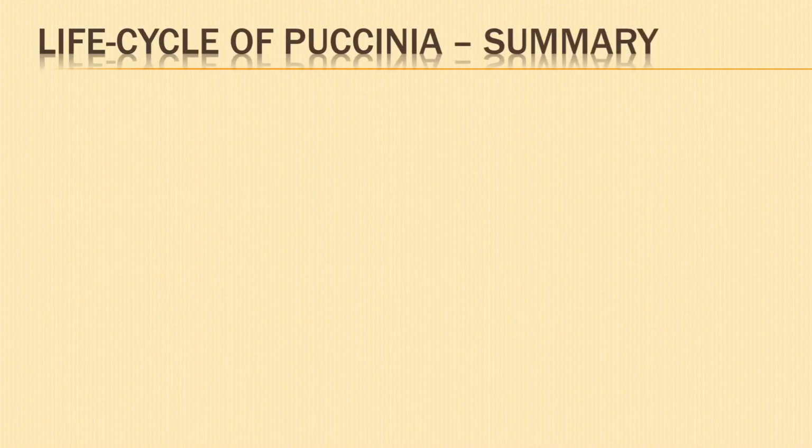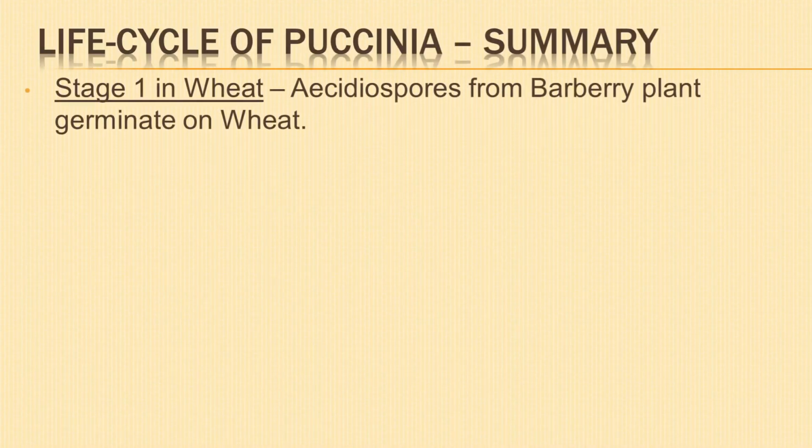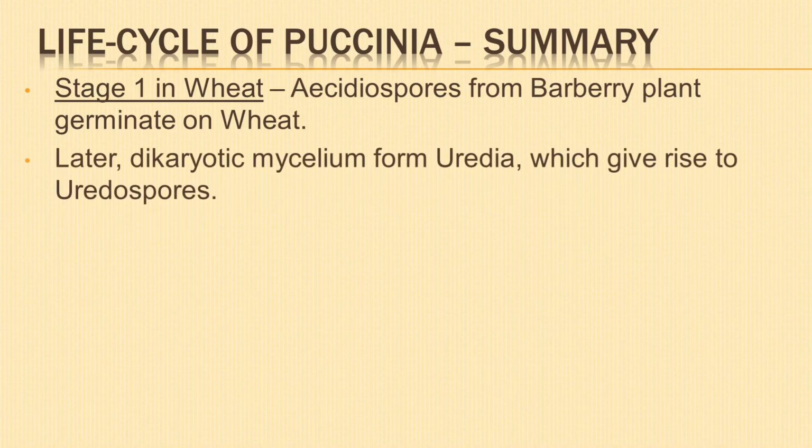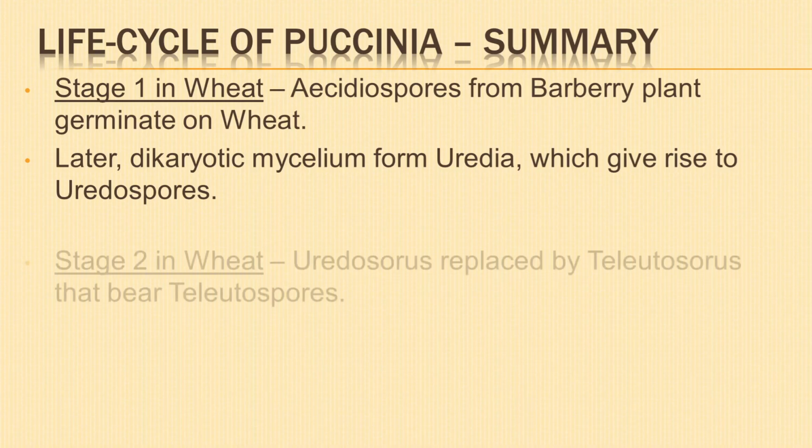Let us summarize the life cycle of Puccinia graminis. Stage 1 in wheat: the primary host wheat plant is infected by ascidiospores from the barberry plant. Later, dikaryotic mycelium forms uredia, which give rise to urediospores. Stage 2 in wheat,